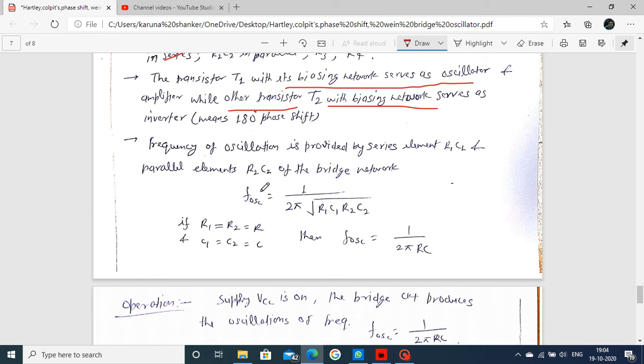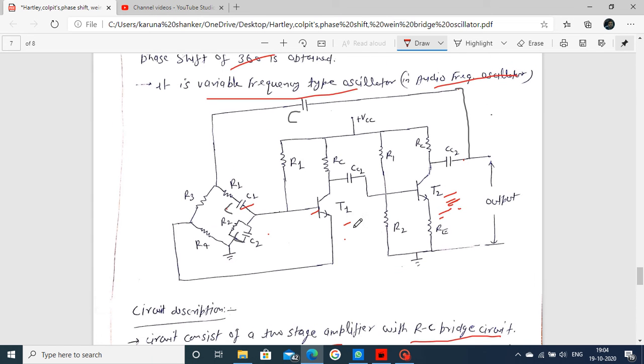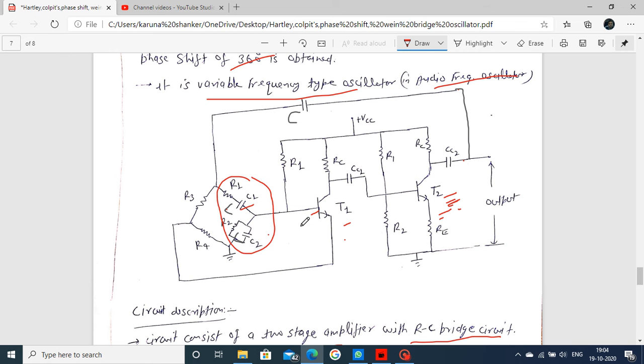This is the oscillatory frequency produced by your oscillation circuit, meaning your Wien bridge circuit. The relation is 1 upon 2 pi under root R1 C1 R2 C2. These two arms decide the particular frequency of oscillation produced by this Wien bridge